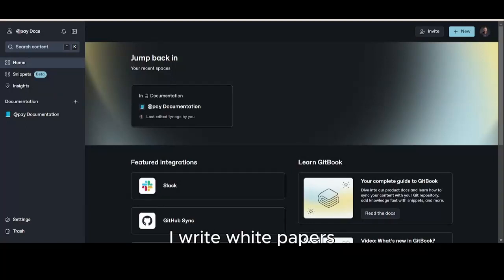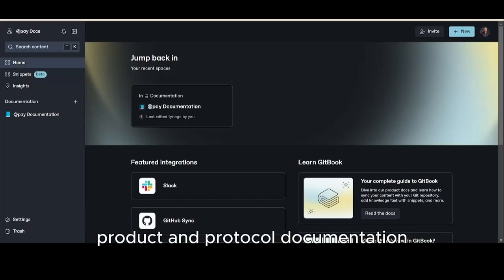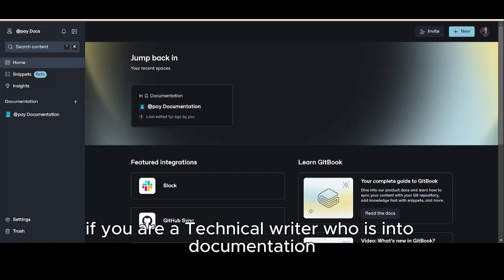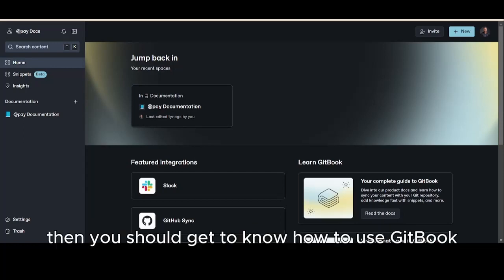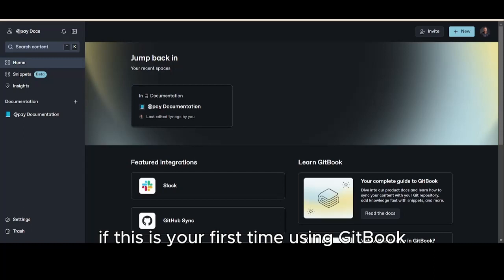As a technical writer, I write white papers, docs, and tutorials, and I prefer to use GitBook for my technical product and protocol documentation. If you're a technical writer who is into documentation, then you should get to know how to use GitBook. And basically, in this very short tutorial,